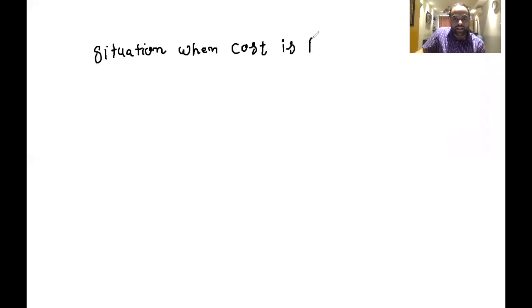So the situation when cost is average total cost, which means a combination of fixed cost and variable cost. Right? That's called the average total cost. Right? So remember,